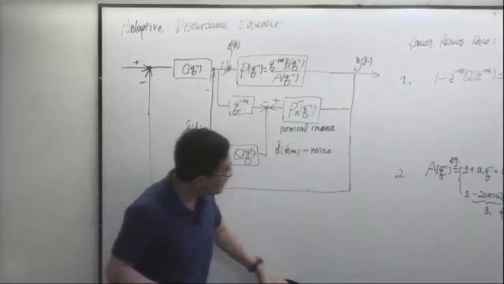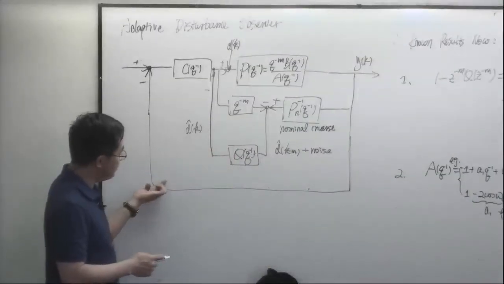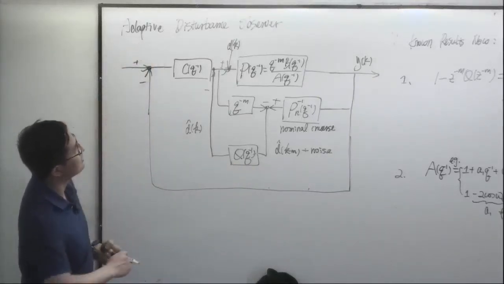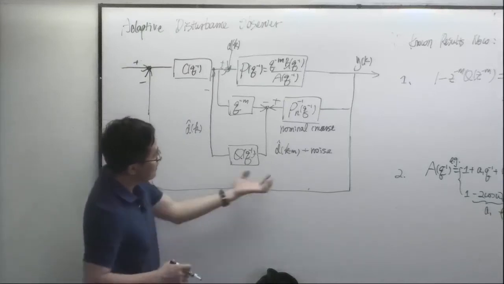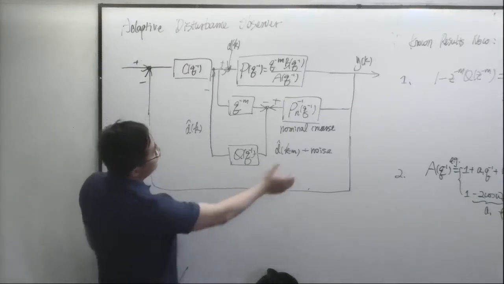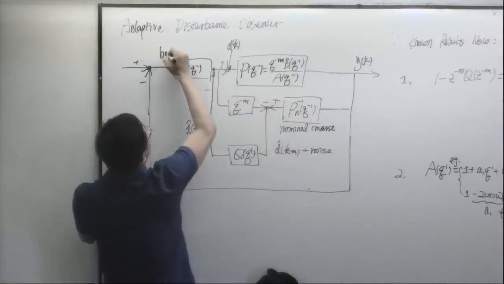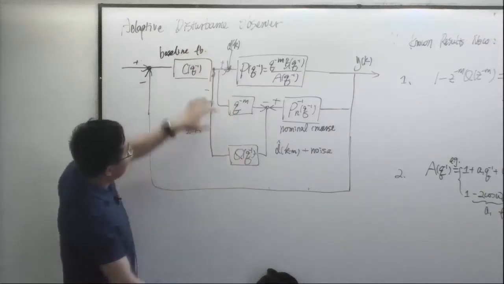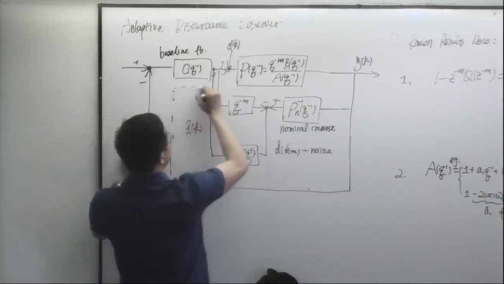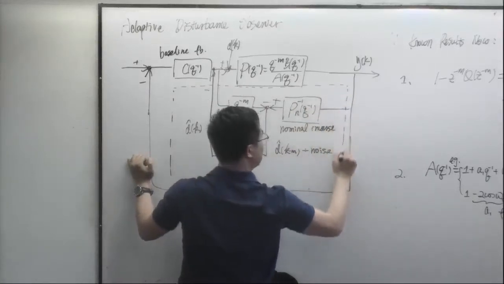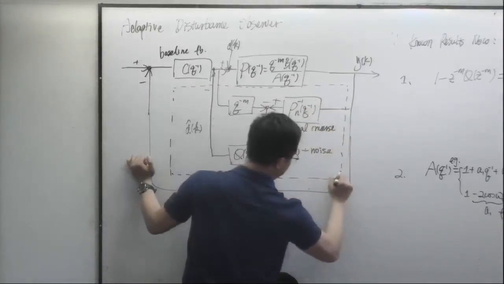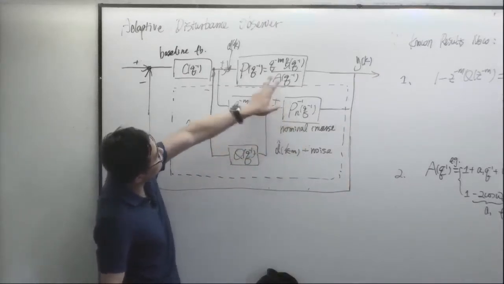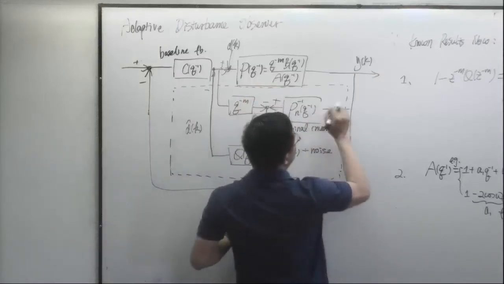We just have one piece left, the adaptation part for this big structure of Adaptive Disturbance Observer. Here is what we have now. We have a baseline feedback loop. And then we have this so-called disturbance observer structure in this dashed box, where we have utilized a nominal inverse of the plant, which is essentially, if we know B over A,